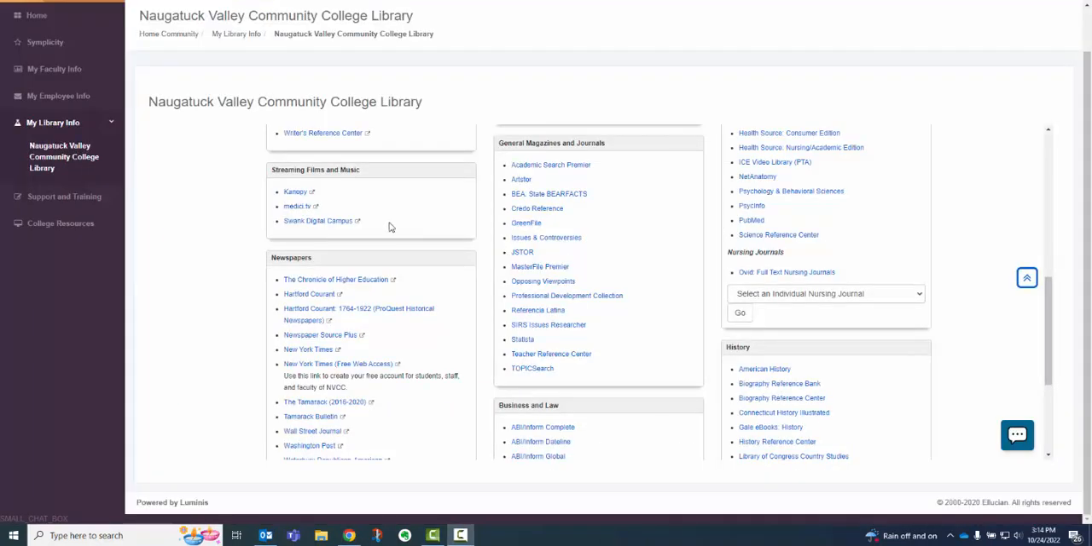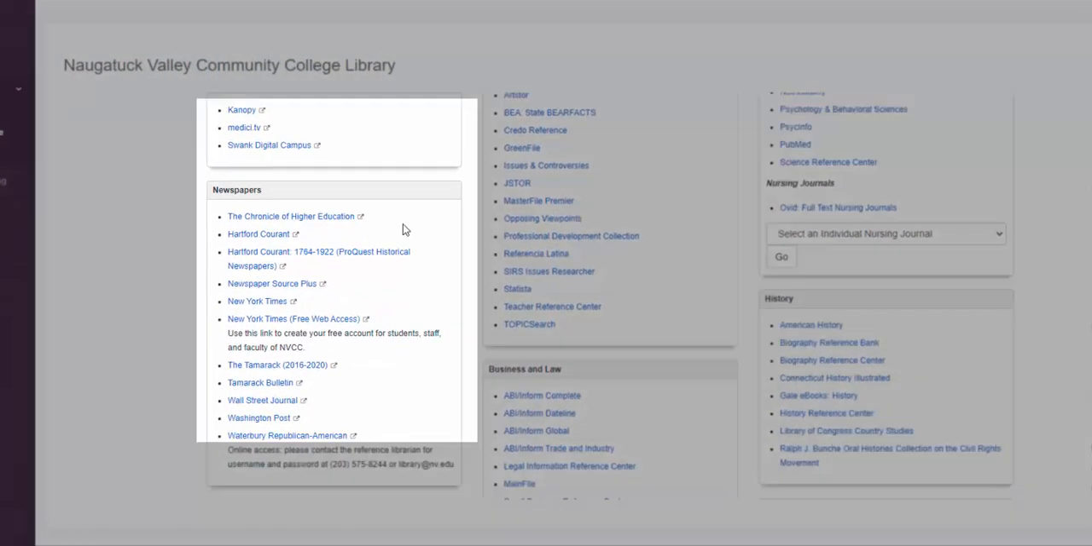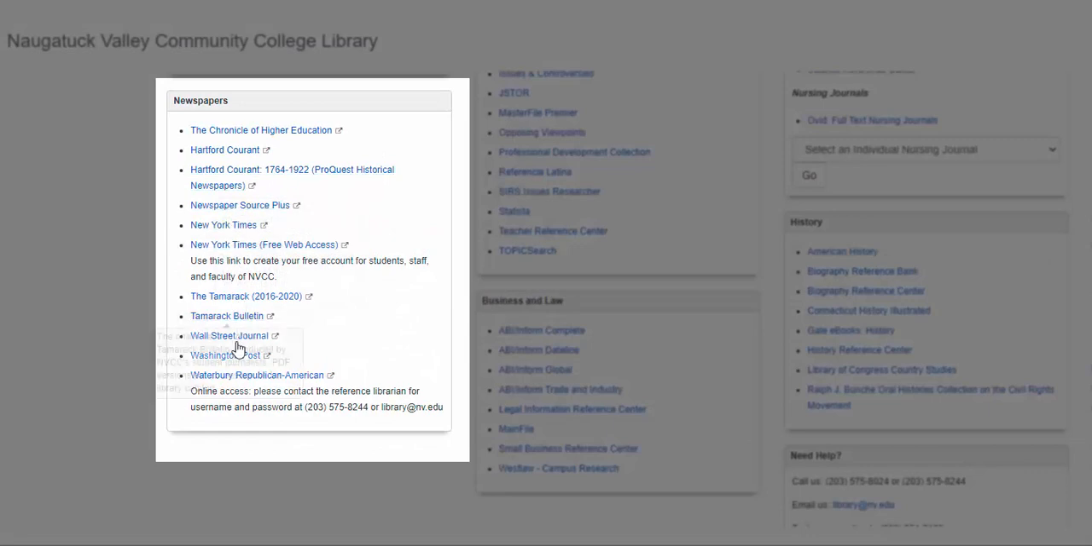Finally, one more place where you can find articles to support your proposition statement is our collection of newspapers. We have access to many popular national and international titles. You can navigate to them using the links located in this newspaper box. Additionally, students, staff, and faculty at NVCC have the option to create a free New York Times account on their website, nytimes.com. If you choose to do this, click on the free web access link,